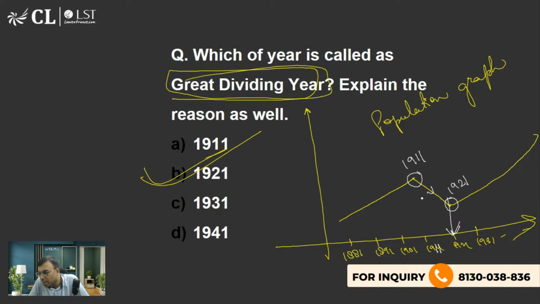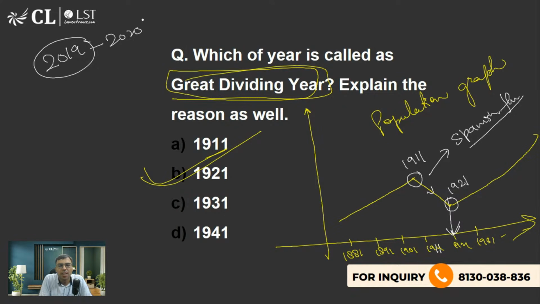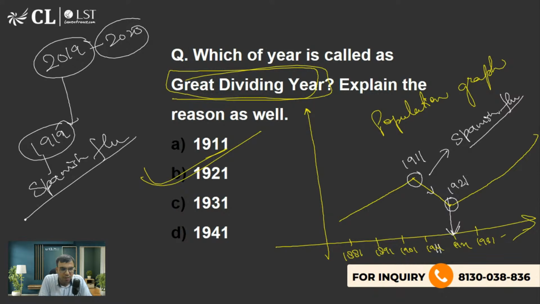Why? Negative population growth, right? Then increasing steadily after, because the second phase of population started. The year ended in a pandemic. Yes, actually between this, we have seen Spanish flu, which came to India and was called Bombay flu. So last time, like 2019, we saw COVID-19, मतलब 2019 और 2020 में, है ना? And almost 100 years back in 1919, we also saw Spanish flu. ओके, 2019 में जिस तरह कोविड आया था, दिसंबर 2019 से शुरू हो गया था, उसी तरह से 1919 में स्पेनिश फ्लू also we have seen.